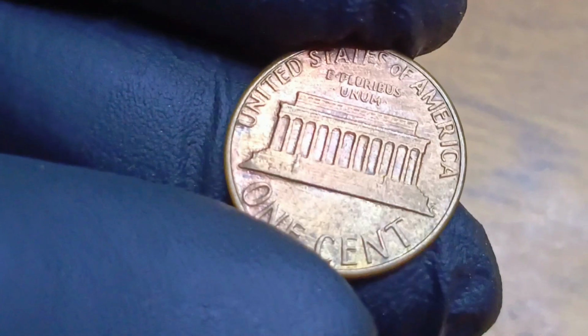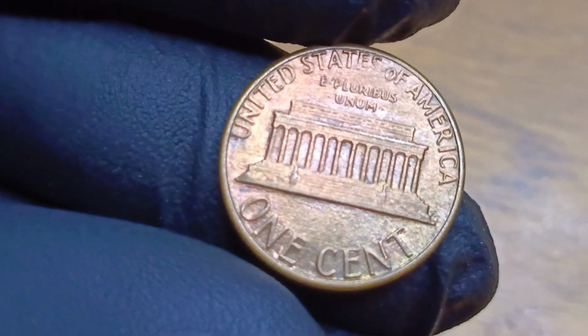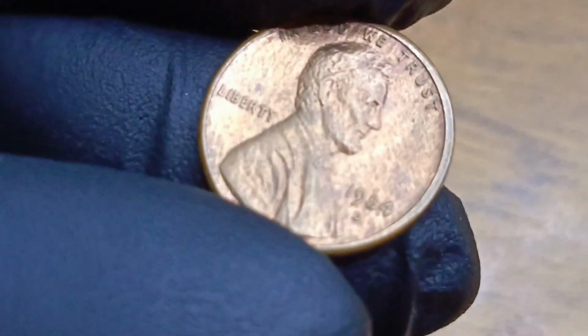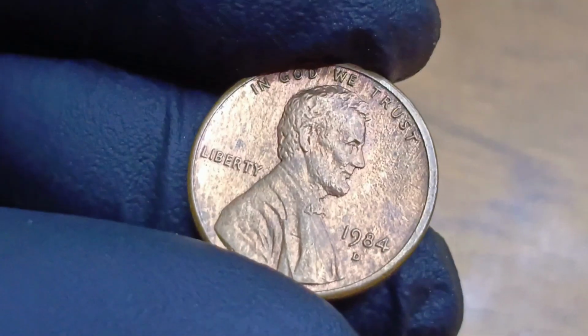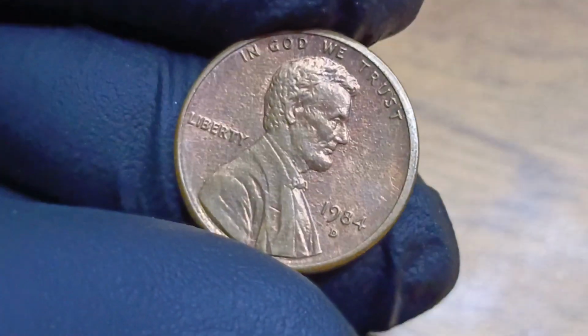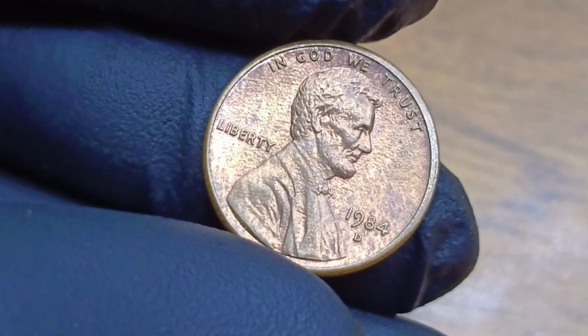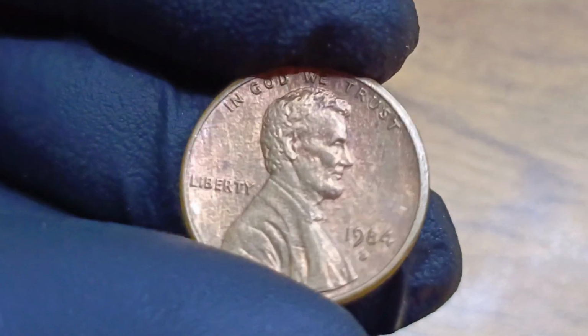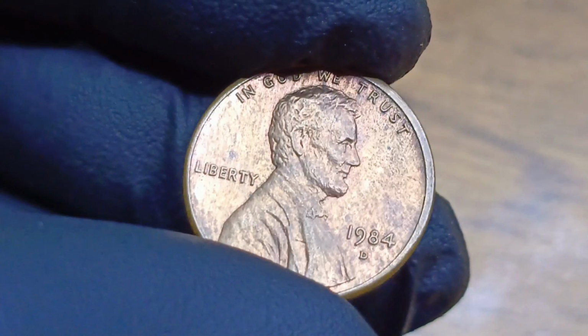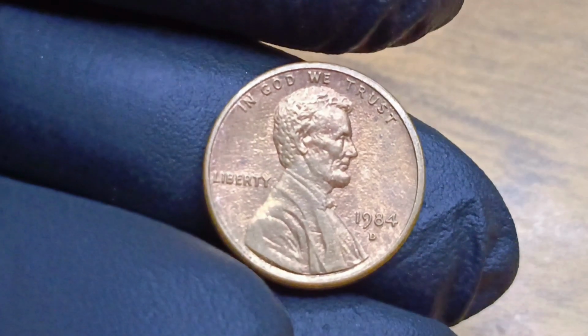The Lincoln Cent, first introduced in 1909 to honor Abraham Lincoln's centennial birth, is a cornerstone of American coinage, designed by Victor David Brenner with Lincoln's portrait on the obverse. By 1984, it featured the Lincoln Memorial on the reverse, a design by Frank Gasparro that symbolizes Lincoln's legacy. With over 5.5 billion 1984 D pennies struck at the Denver Mint, identifiable by the D mint mark under the date, you'd think finding a valuable one would be like